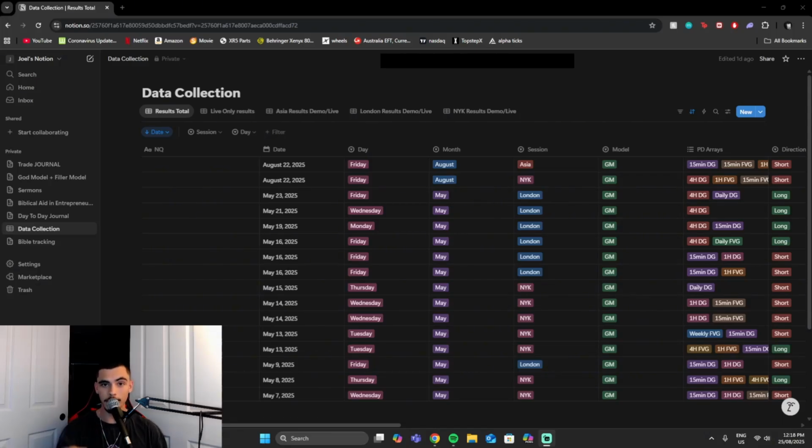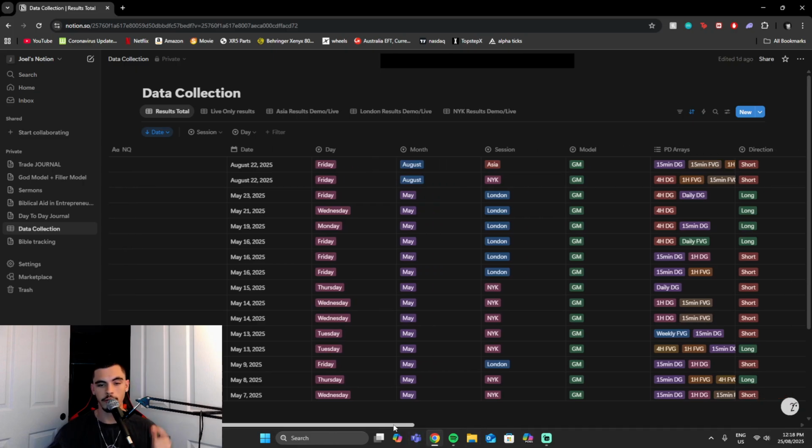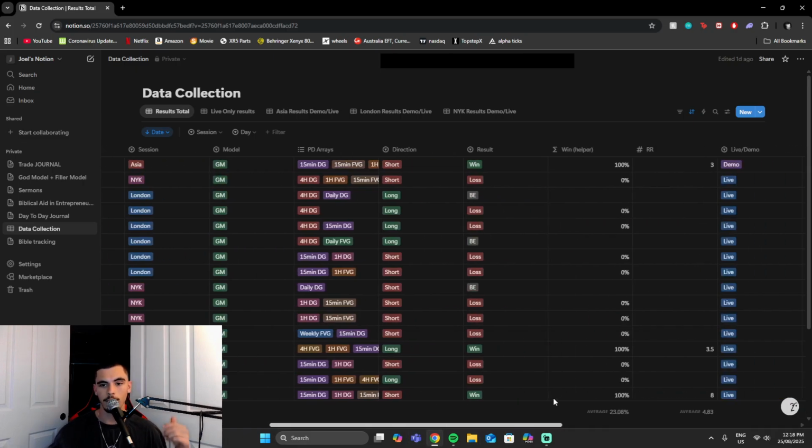Do you want to learn how to make this table right here? Well, I'm about to show you. This is going to be a part by part series on how to make this exact table, which you can do many amazing things. In this table, you fill out pretty much the day of the trade, month, session, model,